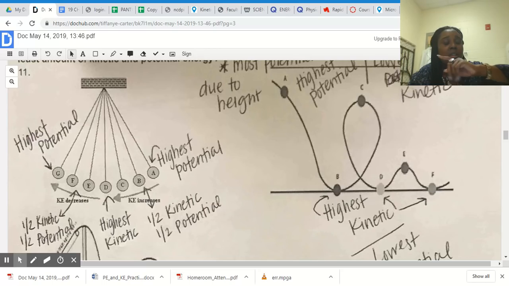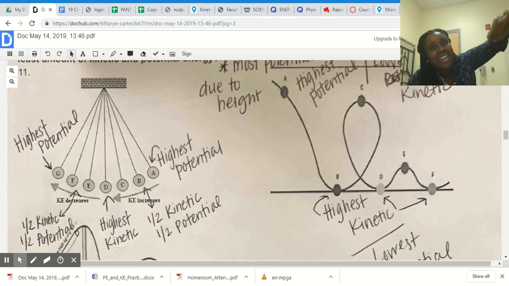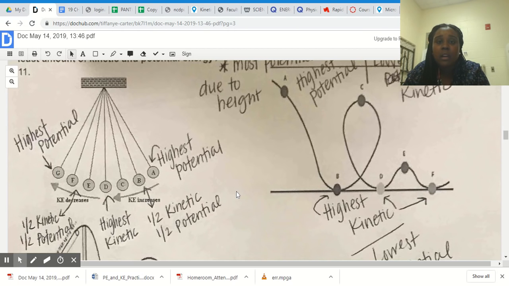But then as I travel back up the pendulum, I'm starting to lose kinetic energy because of height. So as I move upwards, I'm losing kinetic. So then my potential energy is increasing. So as I travel from D to E to F to G, I am losing kinetic energy, but it's also being just transferred back into potential energy. And it's just going to go back and forth, back and forth. All right,